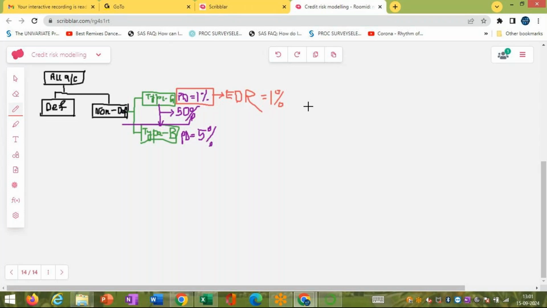Now there is the second year. Now the question is, what should be the expected default rate? If you have to compute the expected default rate for the second year, you have to understand that there is always a chance that this customer can move from good to bad, right? So the expected default rate will be, or if you want to calculate the expected default rate, it will come out to you as the EDR is 50%, it's half of